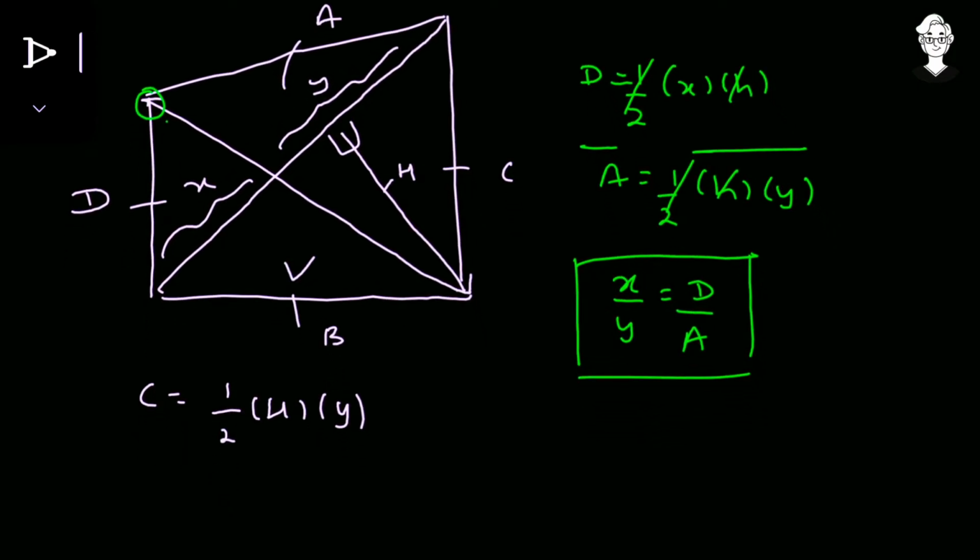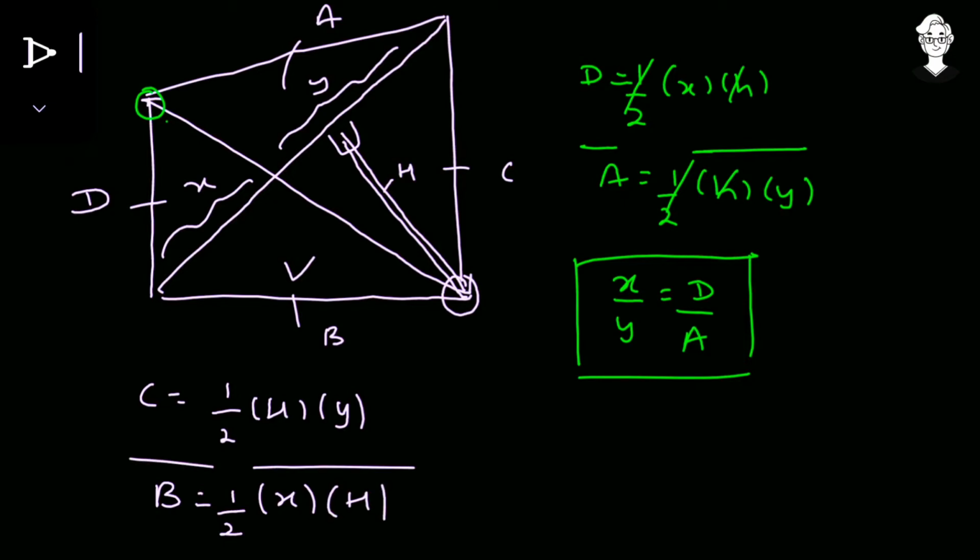So B is an obtuse angle triangle, so it is not the 90 degree, its top corner. From there the perpendicular is going and the base has been extended. So the area of the region B would be equal to half the base, that is X, and height, that is capital H. So now taking the ratio means dividing these both together. So half and half, capital H and capital H got cancelled out. We obtain that C upon B is equal to Y upon X.